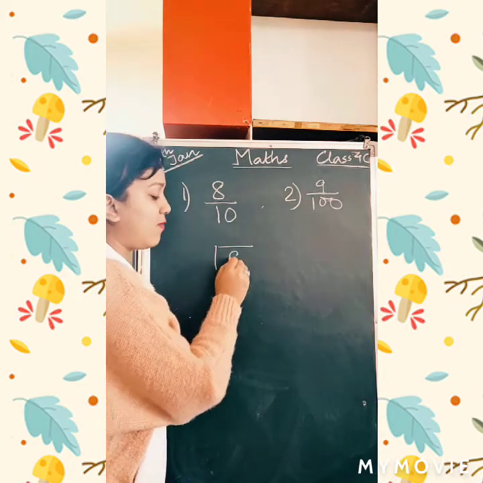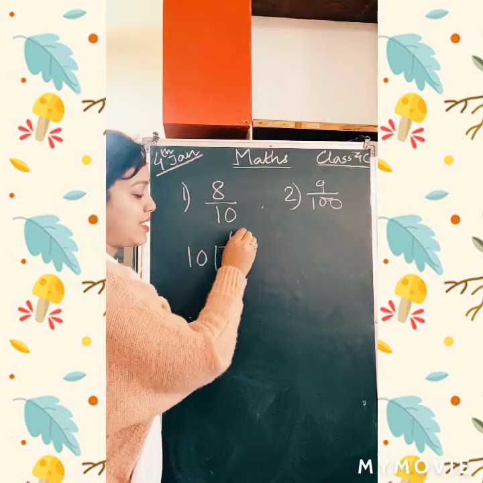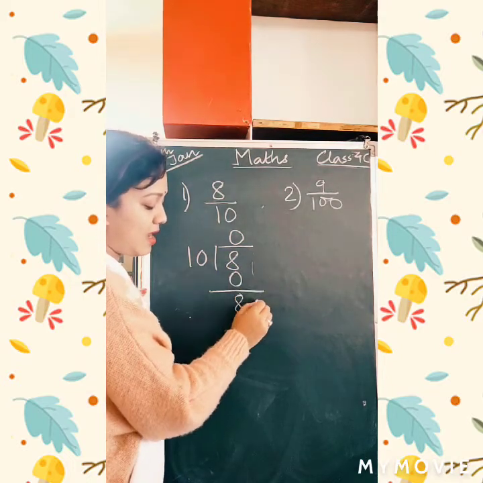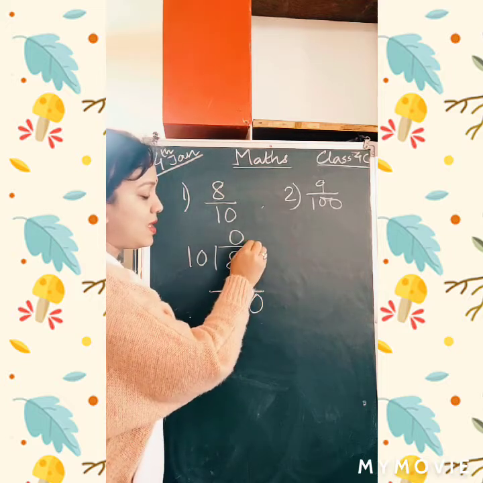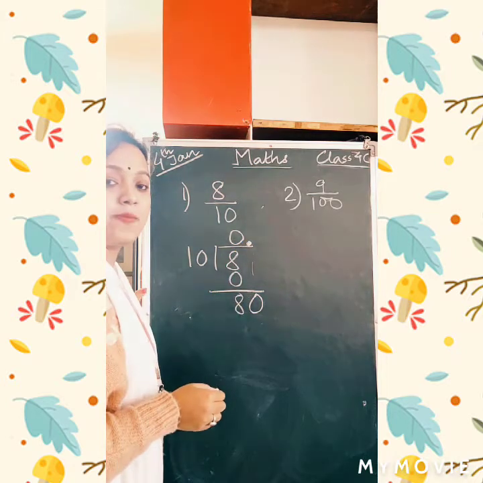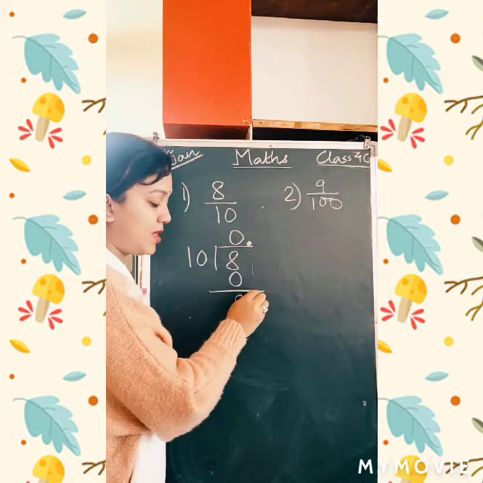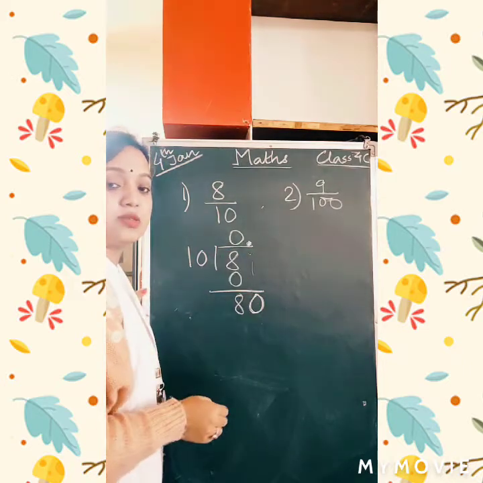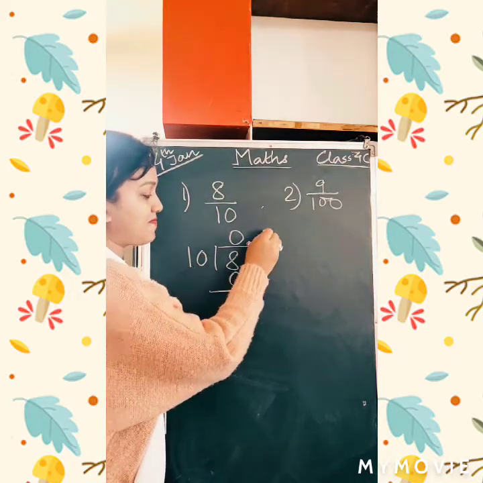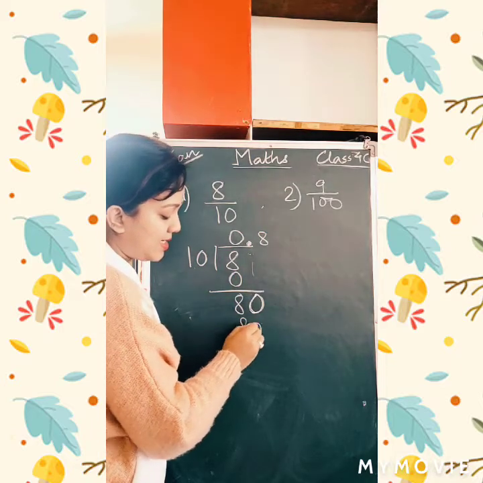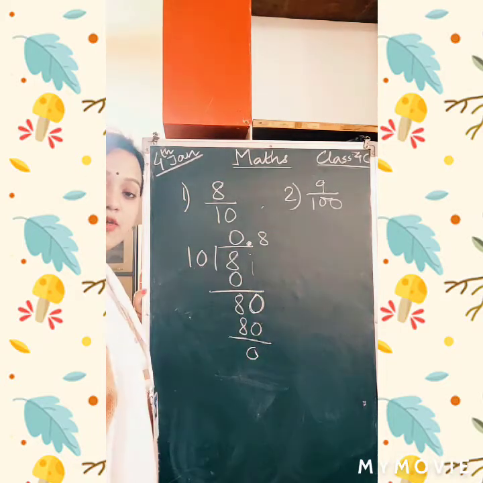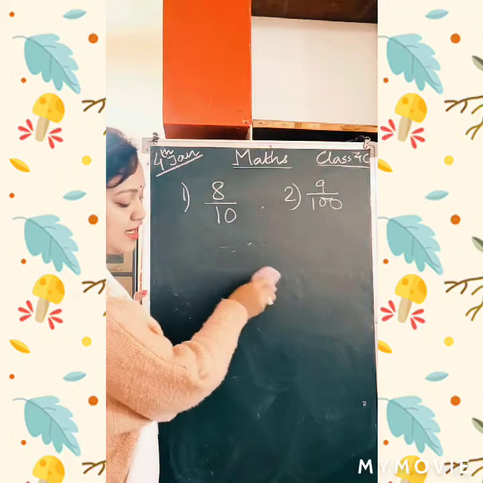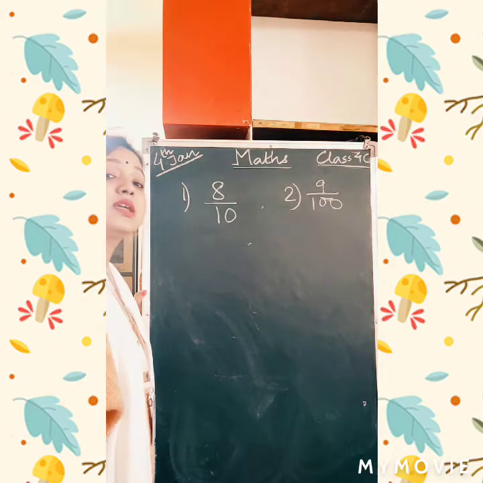Like what I am saying, if you divide 8 by 10, 10 zeros are 0. You get 8 again. There is nothing here, I put 0 here. So immediately I will put the decimal point above. Since there is no number here and I have put 0 over here, I will immediately put a point here. Then 10 8s are 80. So what do you get? Answer is 0.8, correct? But this 0.8 I can get in another way also, using the trick.